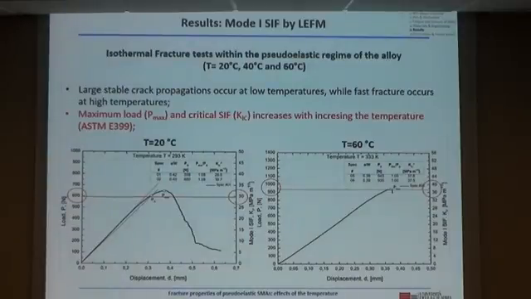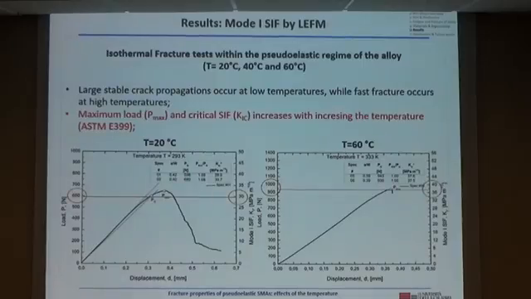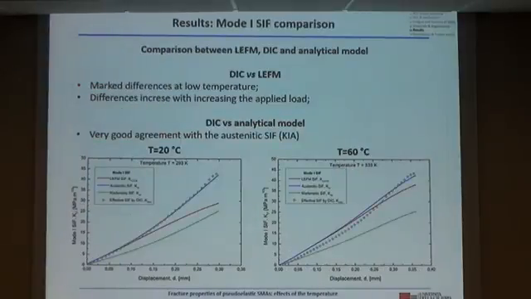So it is strange because usually large plasticity, for example in common metals, causes an increase in the critical value of the stress intensity factor. So to better analyze these results, we tried to compare the DIC results, the effective stress intensity factor obtained from DIC, with linear elastic